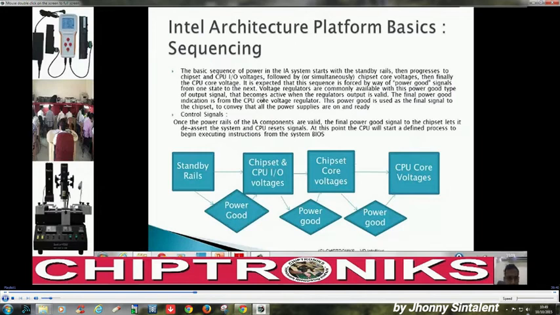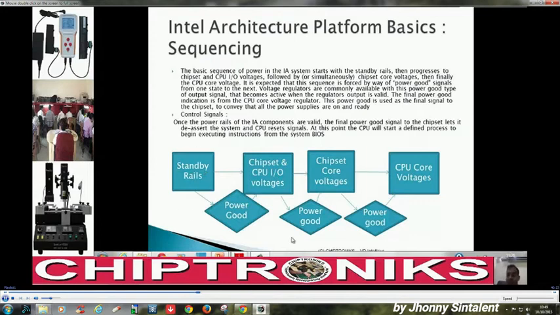presentation, because this concept is very important. The entire concept of power sequence is described in this little diagram, so we'll just discuss this. Any notebook or any Intel architecture starts first with standby rails. That is, first the standby power supply is generated. And what is the standby power supply in the case of a notebook motherboard? It is 3.3 volt. 3.3 volt is the standby power supply generated on the notebook motherboard, and we'll discuss this